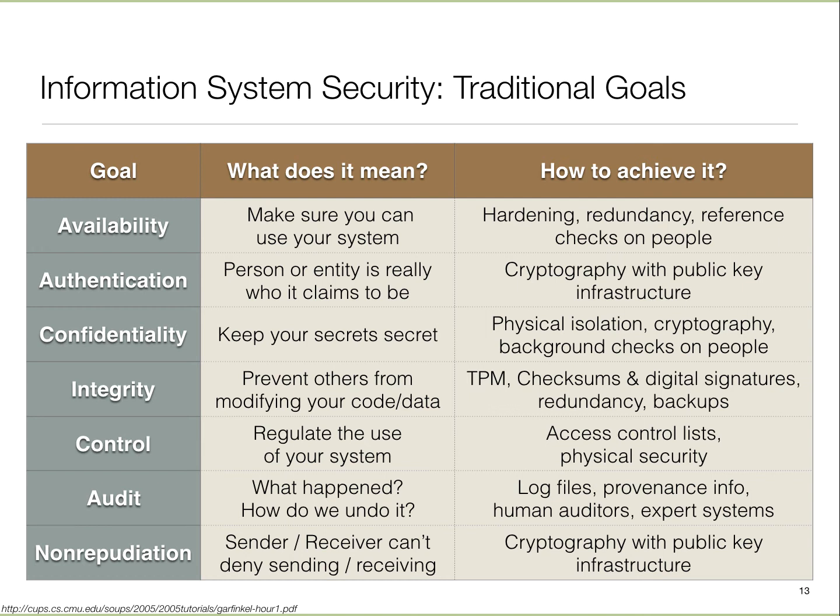And the final goal is that of non-repudiation, which is basically if someone does take part in an action, they should not be able to deny having taken part in that action. So if your computer sent out a message, you should not be able to do something which prevents that fact from being known. So again, crypto tends to help out there. So a variety of different goals, and as you read papers and all, it's good to keep in mind what problem they are solving.